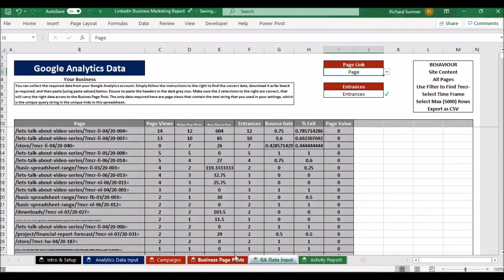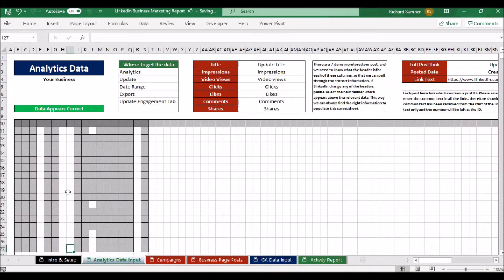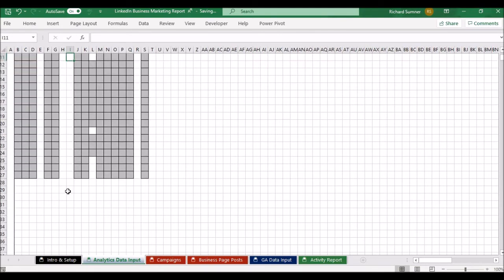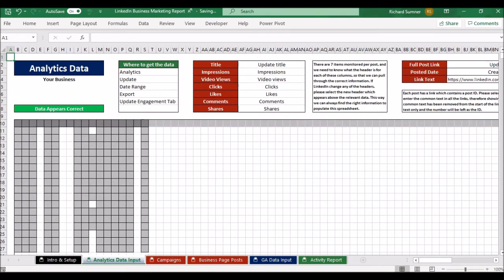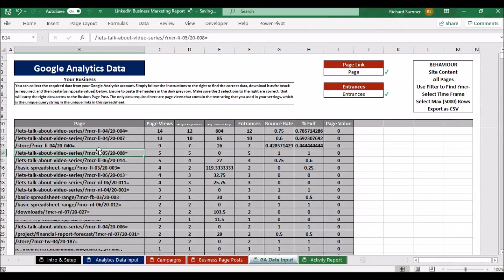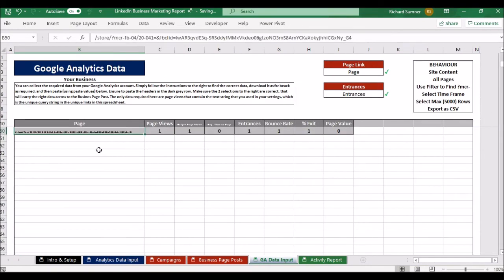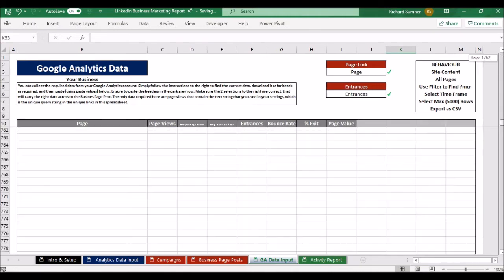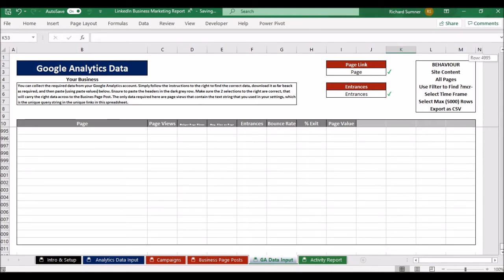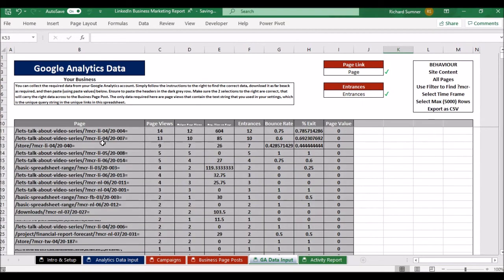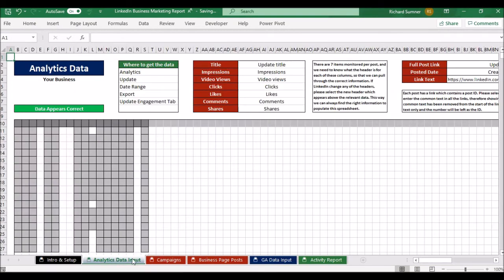Now, how often do you need to do this? Well, that's up to you, how often you want to update this. If you run out of space, i.e. here, as far as the number of rows you've got 1,000, and here you've also got. Whoops! I forgot to lock that. That's not very good, is it? Let's scroll down to the bottom and have a look and see. 5,000. You may end up running out of rows,